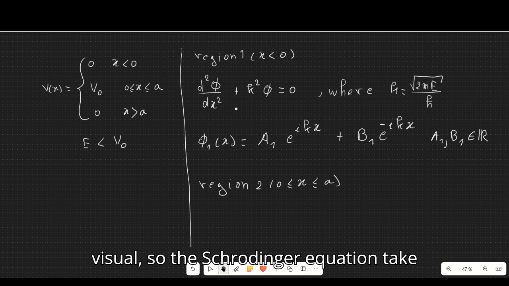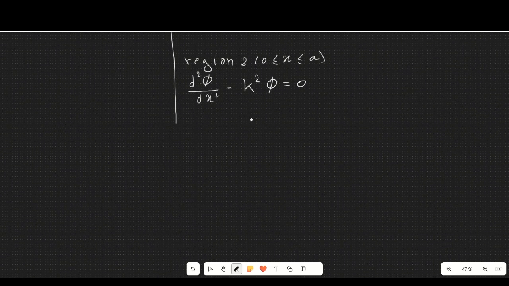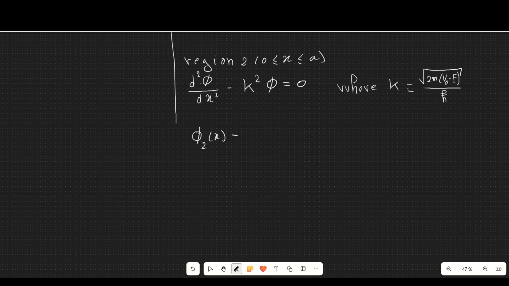So the Schrödinger equation takes the form, where K equals, in this case the general solution is